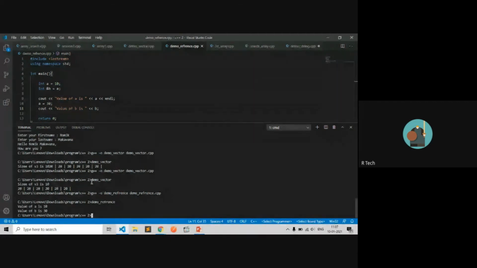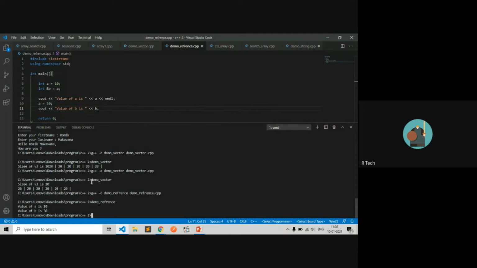You can check, I have printed the value of a as 10, then I have changed the value of a, and it automatically changes the value of b, but in the backend it is not changing the value of b.